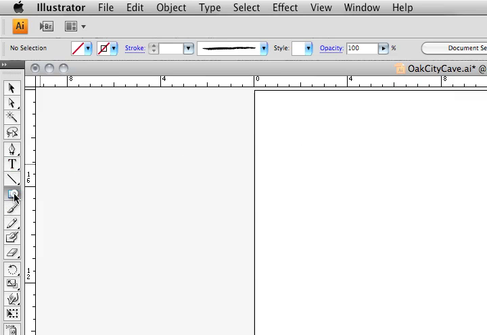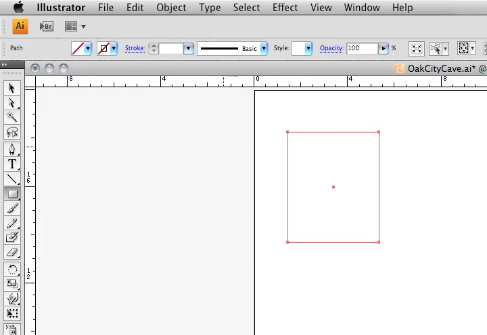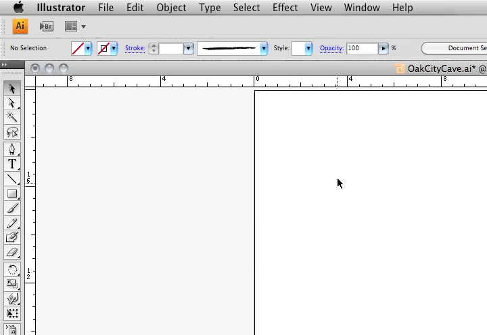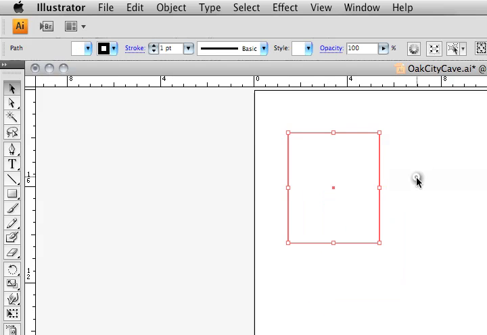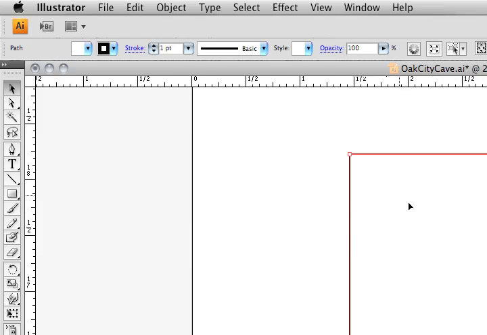And I'm going to draw a square here. Let's set it to black and white. Did that do it? No. Okay, let's try this again. Set it to black and white. Okay, there we go. So I draw this square, and when I scale it, if I have it